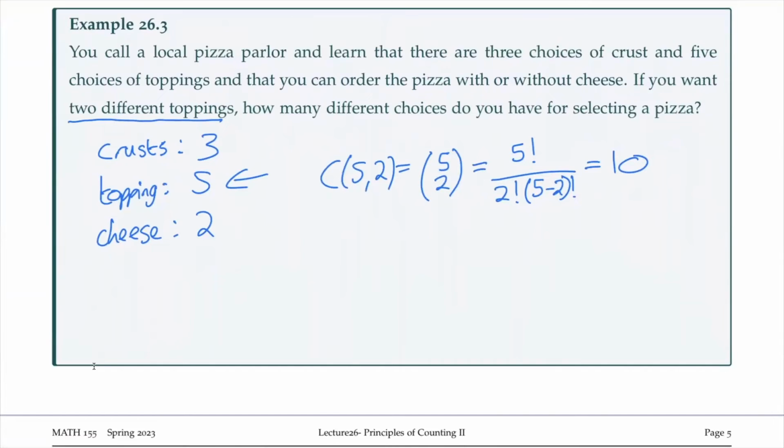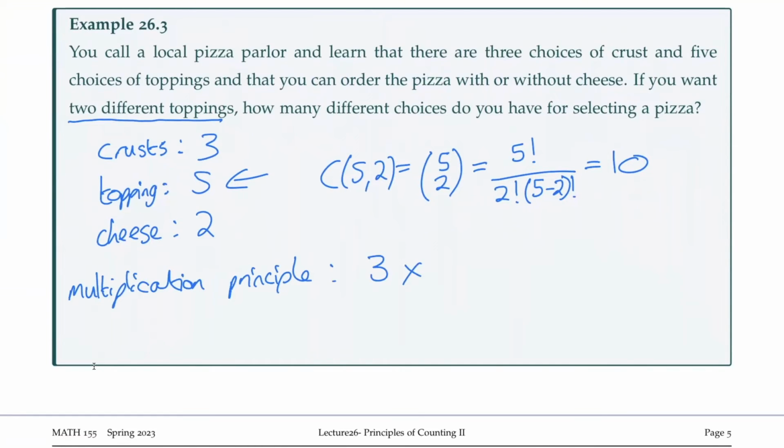So how do we come to our final answer here? Well, we just use our multiplication principle. So this was from the last lecture. Remember, we just multiply our possible outcomes. We have 3 possible crust choices. We have,